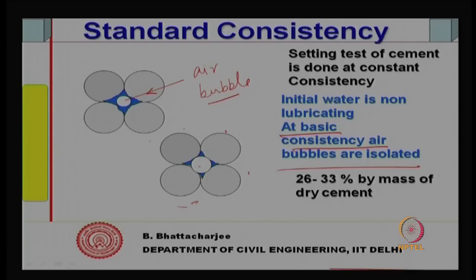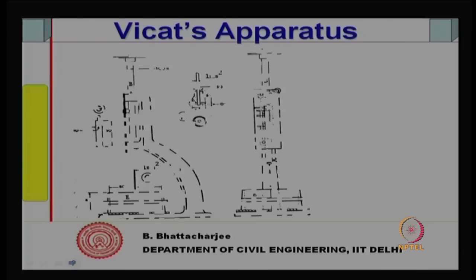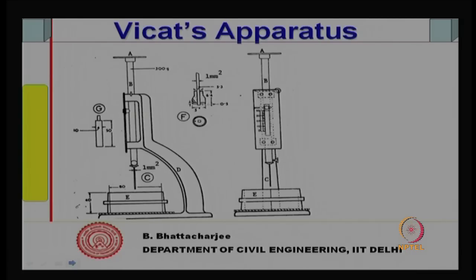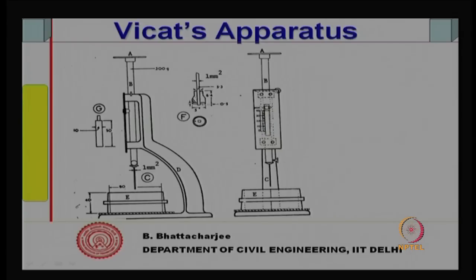Now, this standard consistency corresponds to about 26 to 33% by mass of dry cement. How do we measure this? We measure this by an apparatus called Vicat's apparatus. In fact, this instrument came first. The concept of basic consistency came much later. That was given by Powers, in fact, in the 1950s. This was in the 19th century. So, this is an empirical test, an empirical device developed in order to arrive at setting time,